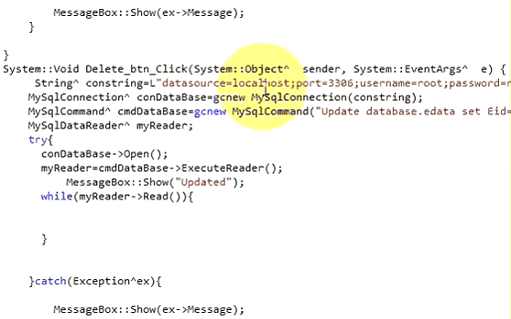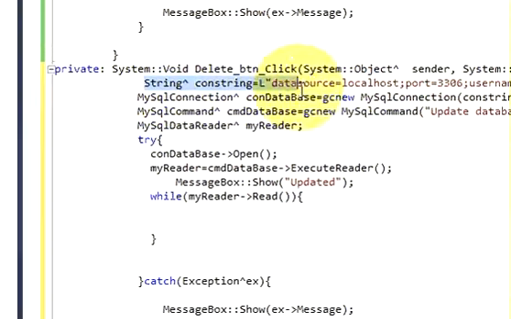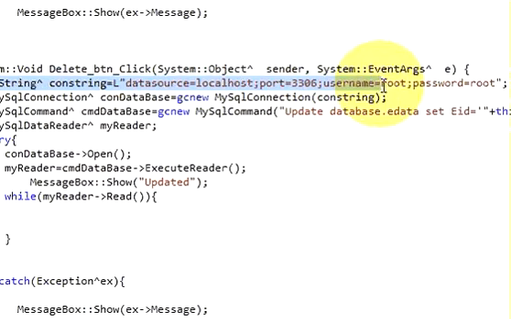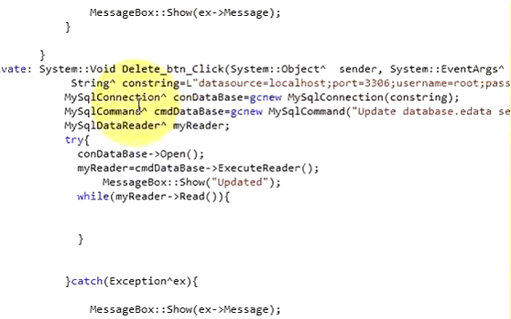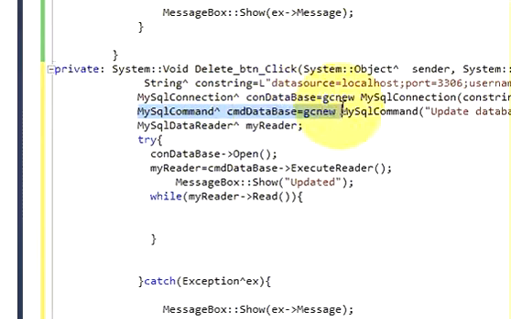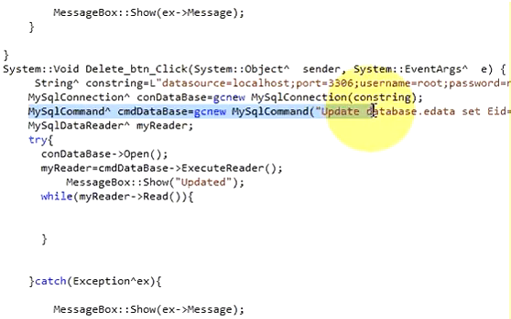So once again, by this time you must know that this is for creating the connection with the database, and this is the username and password, and in this field we write our query to connect with the database. Okay,